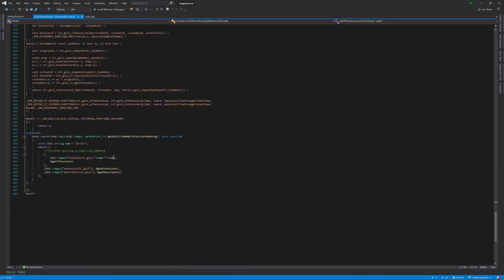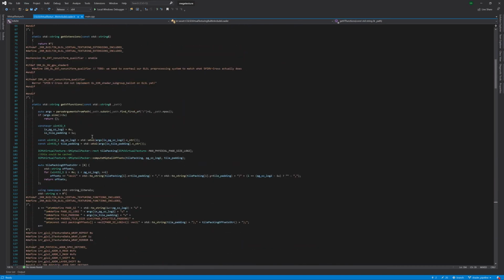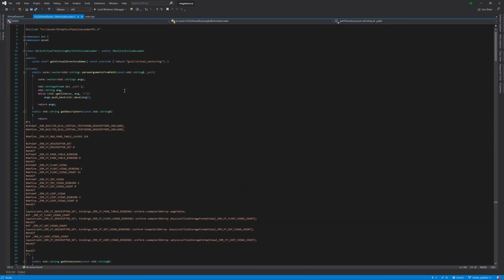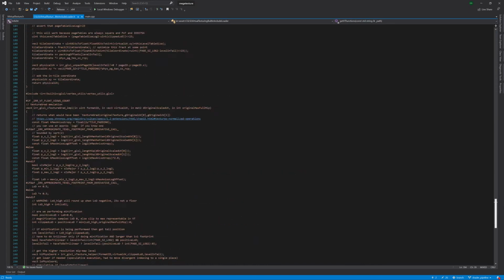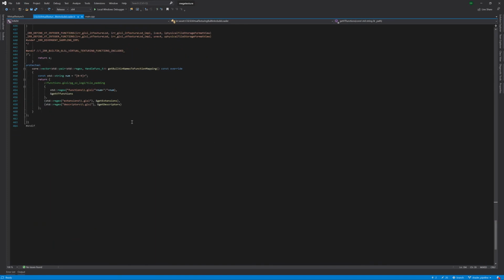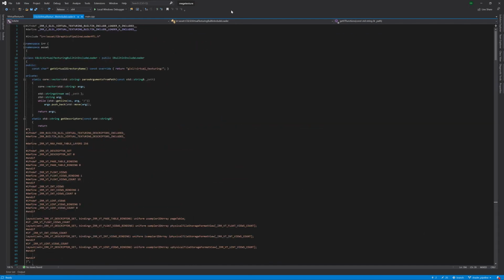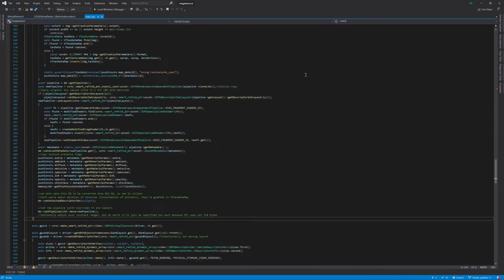There's one called, so, it's gonna be air GLSL virtual texturing. Air / built-in / GLSL / virtual texturing, and then the path for that is going to be functions, extensions, and descriptors. There's basically 3 GLSL includes, and the way that gets used is it gets used pretty